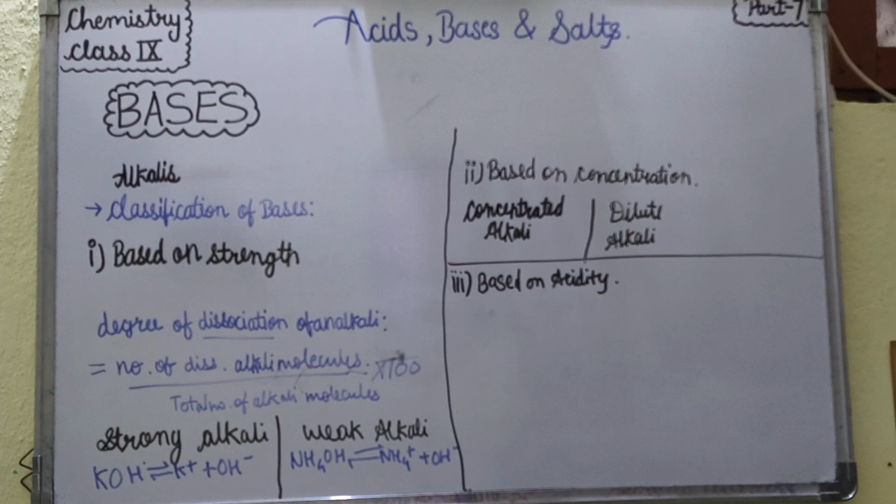For water insoluble hydroxides, acidity is equal to the number of OH- ions present in one molecule of the base. Based on this, bases are classified into monoacidic base,